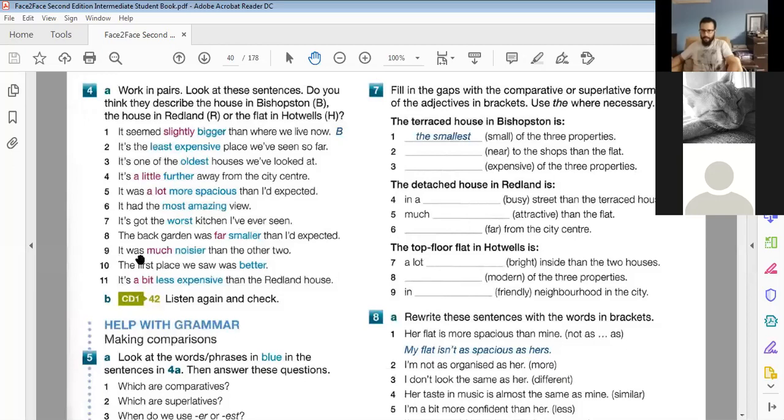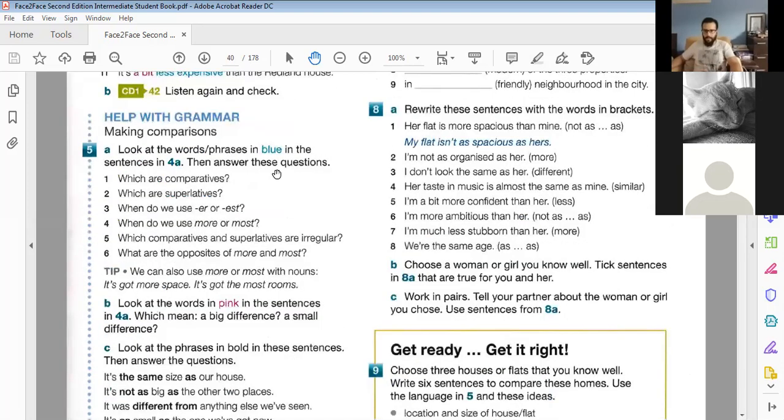a lot, much, far, a bit, all of these are useful to show degree, to show how different the thing is. So when you use a little bigger, a lot bigger, much bigger, far bigger, a bit bigger, slightly bigger, we're giving degree to the difference in size. So we're being a little more specific, which is I think a good thing, especially at this level. So we talked about how this works, and we also talked about